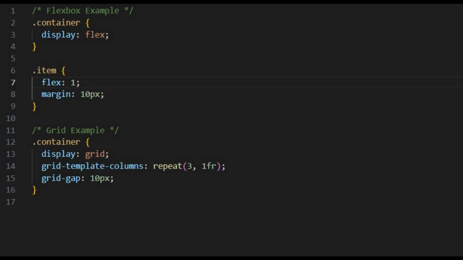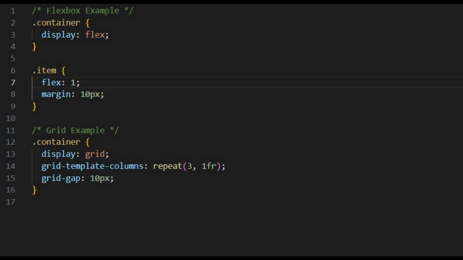Grid is another helper, but it's a bit more advanced. It's like a grid of rows and columns. This makes it perfect for more complex layouts where you want things to be organized both horizontally and vertically. You can think of it as creating a blueprint for the whole web page. Use Flexbox when you want things to go in one direction, like in a row or in a column. Use Grid when you want a more detailed plan with both rows and columns, like designing the structure of an